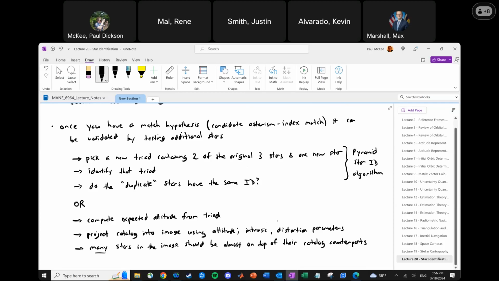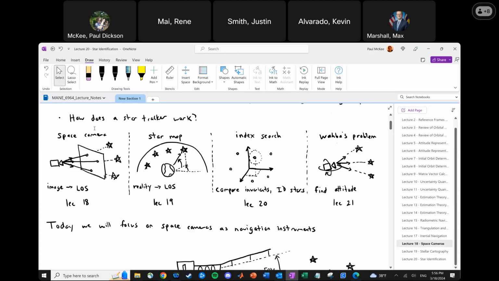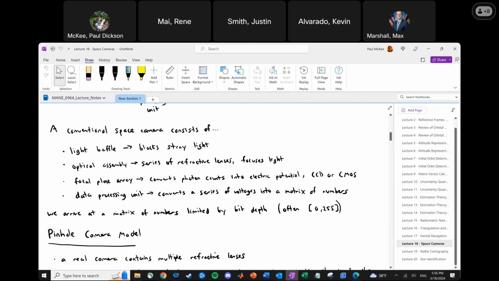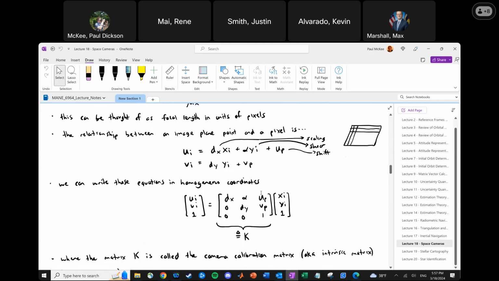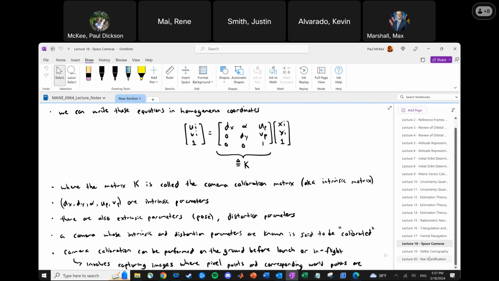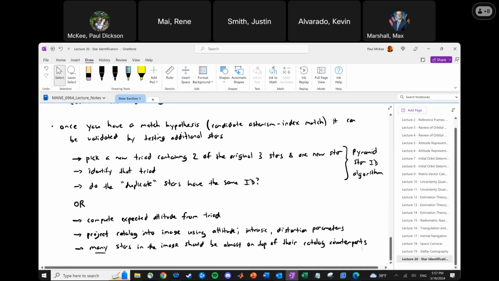I personally prefer the second method just because I'm pretty comfortable creating synthetic starfield images, and you can just leverage those tools. We've got a database of all these line of sight directions. Let's just compute what their pixel values would be using the content from lecture 18, right? So in this case, we're starting with line of sight directions. You assume that you know your attitude, and you work all the way through and find their directions in the local camera frame, and then you distort them, and ultimately you arrive at pixel values for all of those. And then you could just go through and find the nearest neighbor in pixel